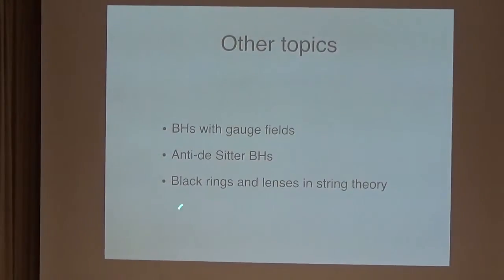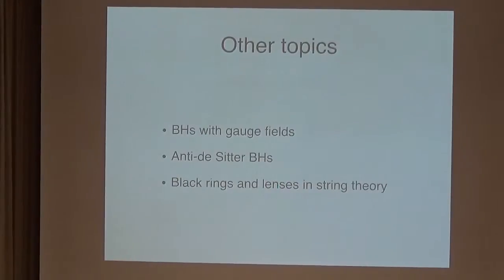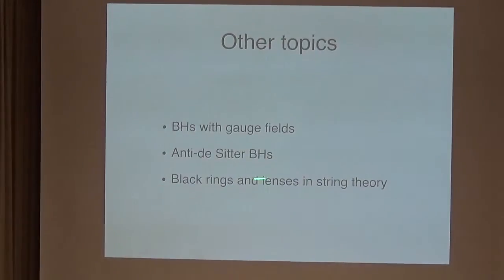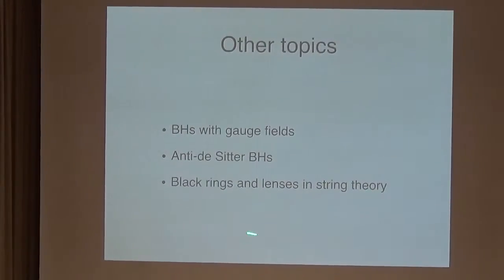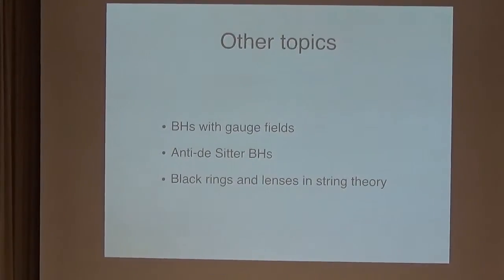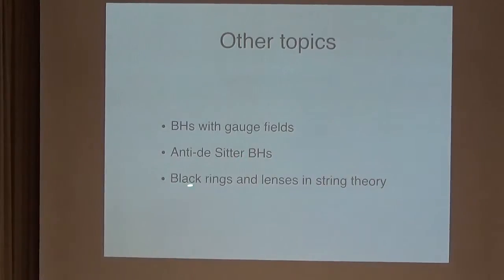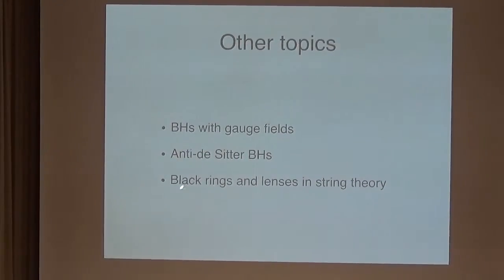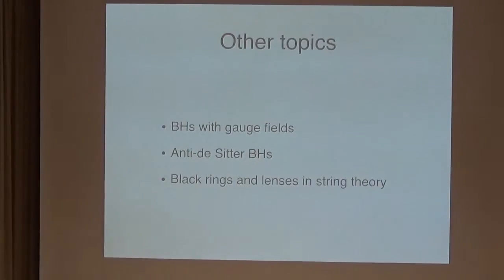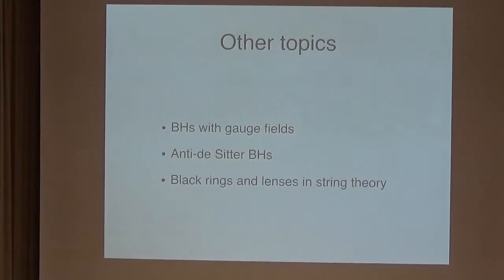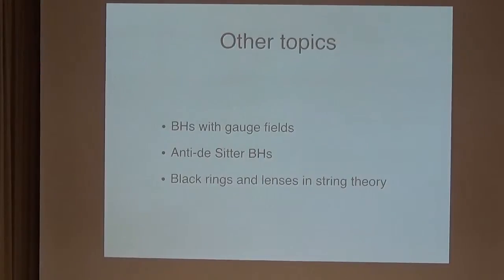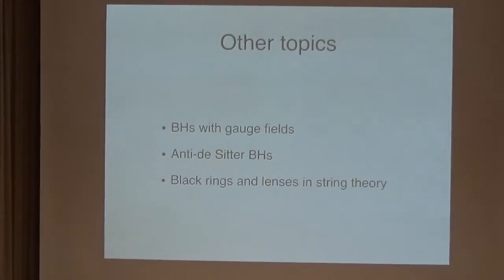And then coming back to the initial motivation for all of this, which is to try and understand some of these things in string theory, and ask whether we can test the theory by asking, does it give the correct counting of microstates to account for the entropy of these solutions? There has been work on trying to calculate the entropy of supersymmetric black ring solutions in string theory, and there are calculations which give the right answer, but they're not entirely satisfactory. One particular reason is that they don't really answer the question of what distinguishes a black ring from a topologically spherical black hole in string theory. So I think more work is required there.